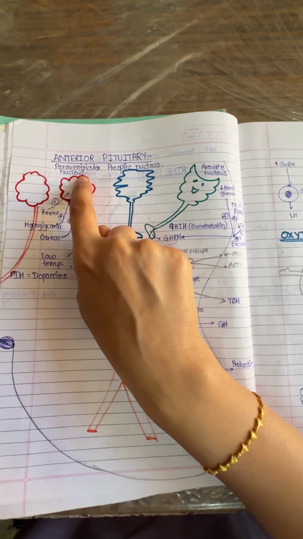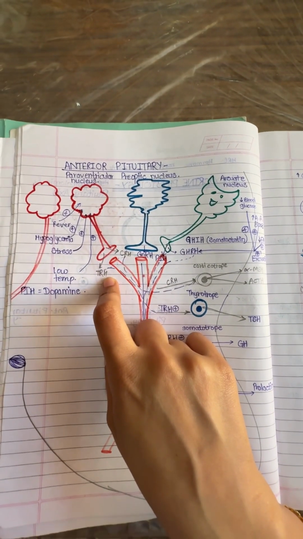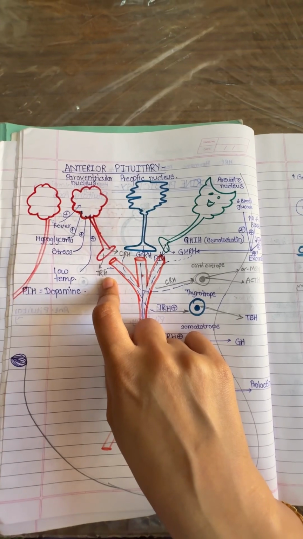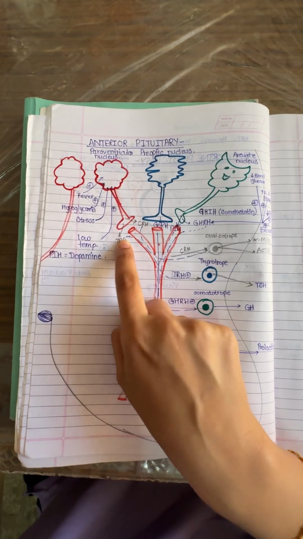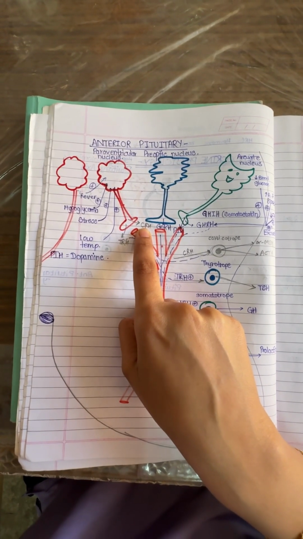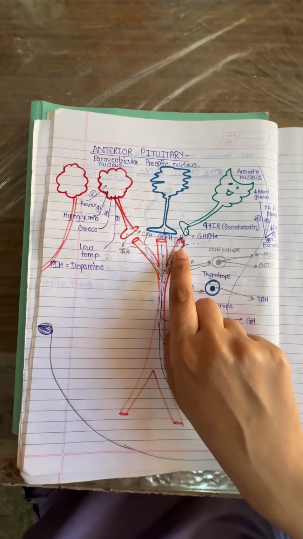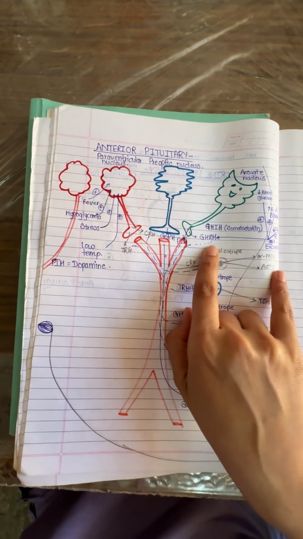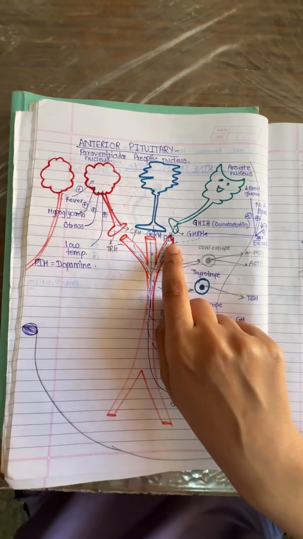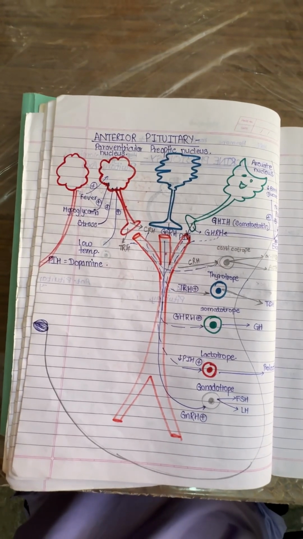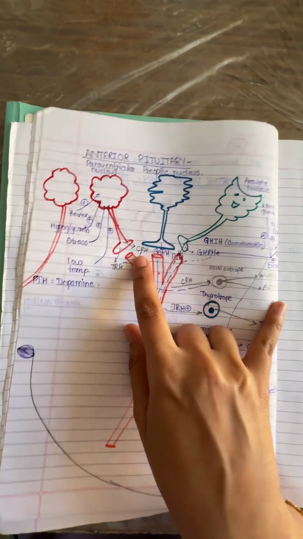You have the paraventricular nucleus, which deals with the thyroid releasing hormone and the corticotropin releasing hormone, then GnRH, PIH, and the growth hormone releasing hormone. GnRH is the gonadotropin releasing hormone. PIH is the prolactin inhibiting hormone, and you have the corticotropin